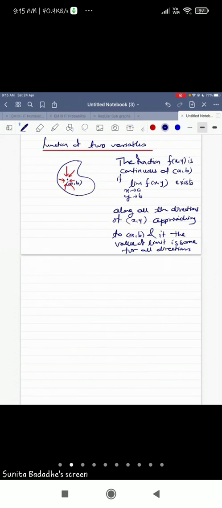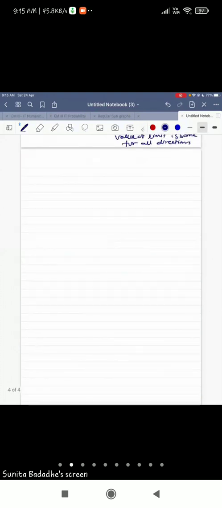So if this limit is the same, then we say that the limit of the function of a number of variables exists. So this is about the limit. And now if this limit is equal to the value of the function, then the function will be continuous. Now let me define the partial derivative. I have given the non-mathematical definition to you, meaning a simple definition in simple words, but let us see exactly how to put it in mathematical form.